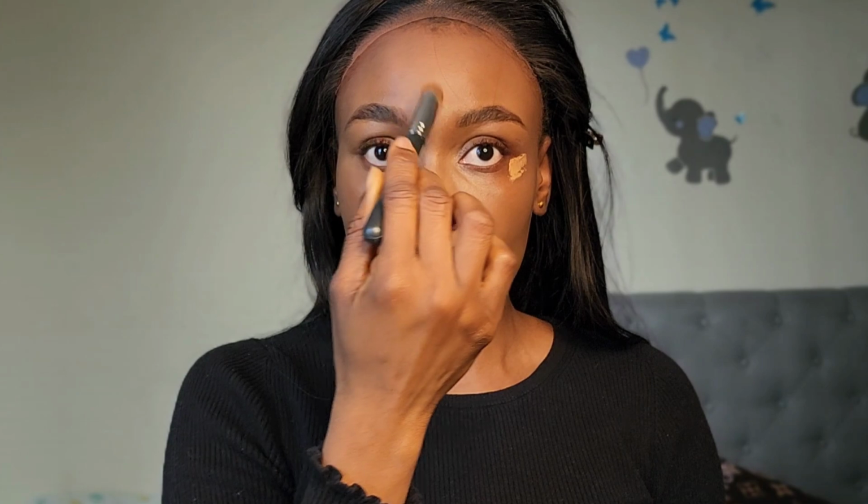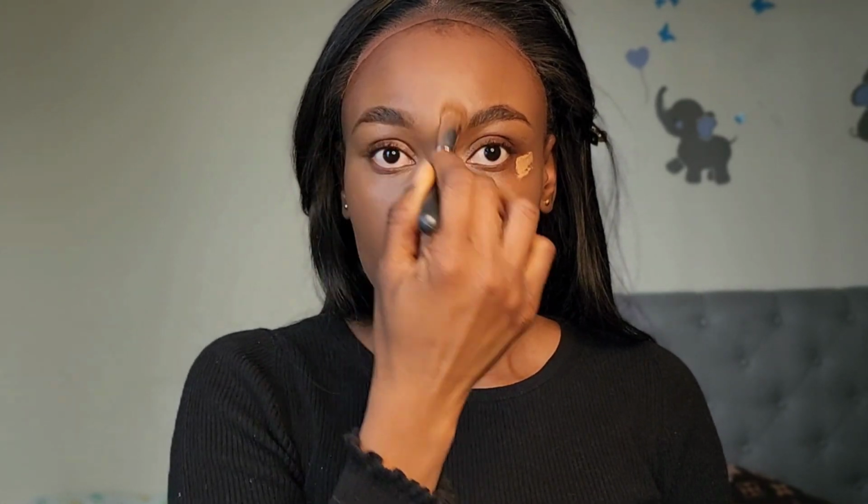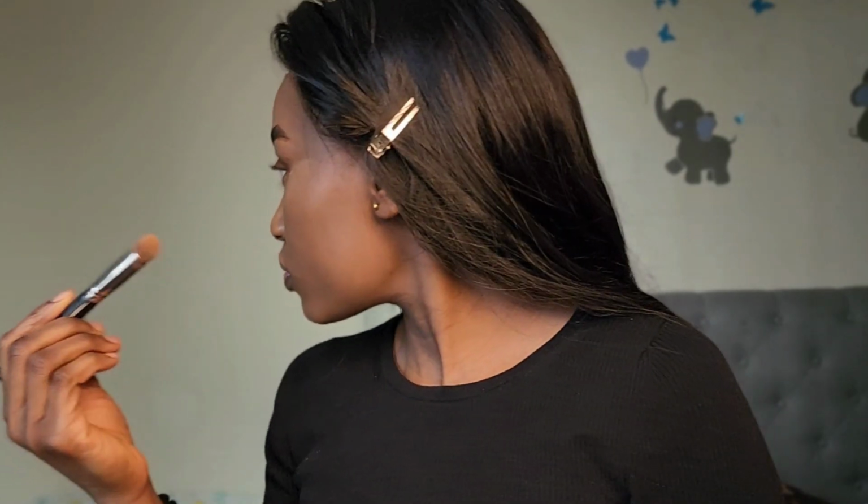So you can see that obvious look you have here now after highlighting. So I'll put back my wig now. And then I'll blend this part. Okay, so as you can see my face, I have applied my foundation and I've used my concealer to highlight. So I'll just further go,